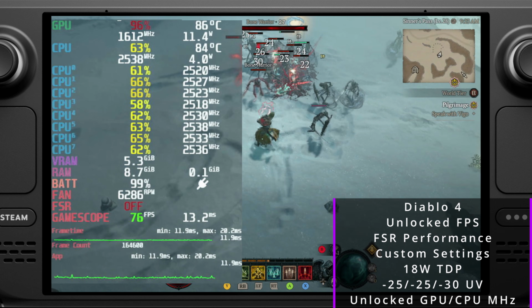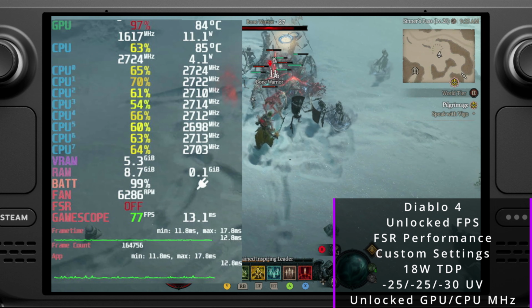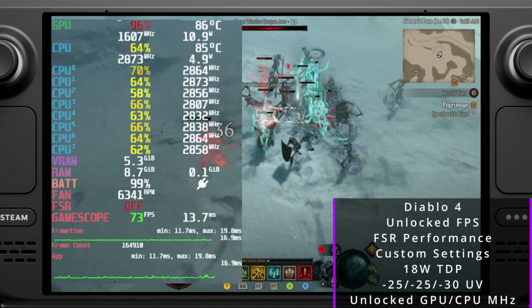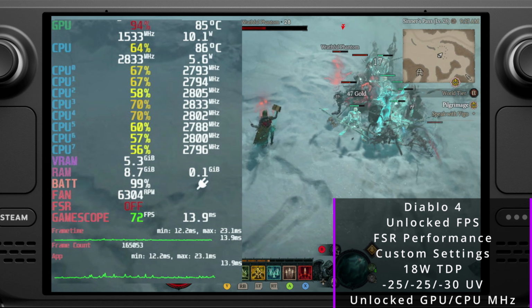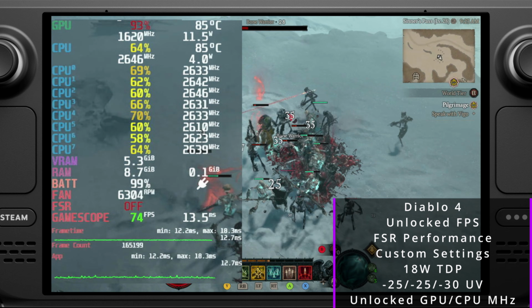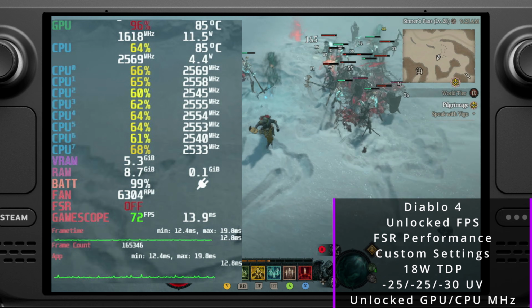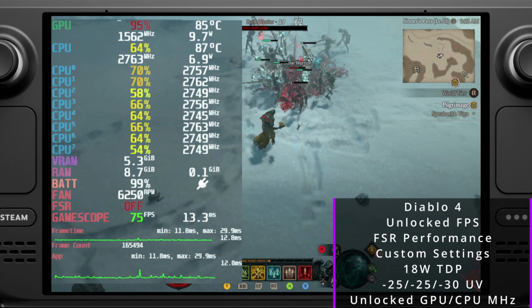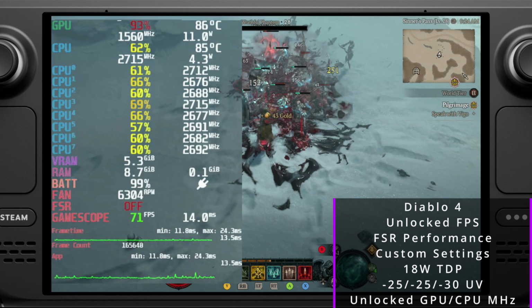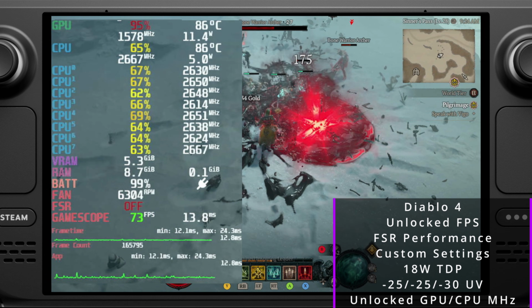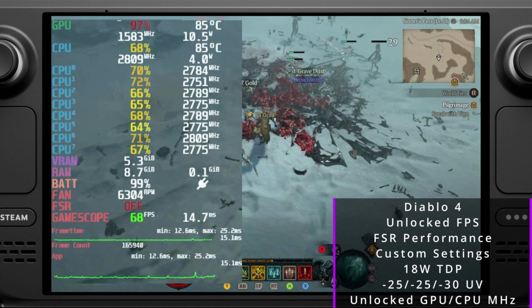Some people are just like, nah, I'm not going to do that, it's going to screw up my deck. And I fully understand that, because it can. It absolutely can. But I think there's a proven track record that it hasn't. It hasn't been a catastrophic failure of anything like that. So if you guys are into overclocking and you want me to do more overclocking benchmarks, I absolutely will,